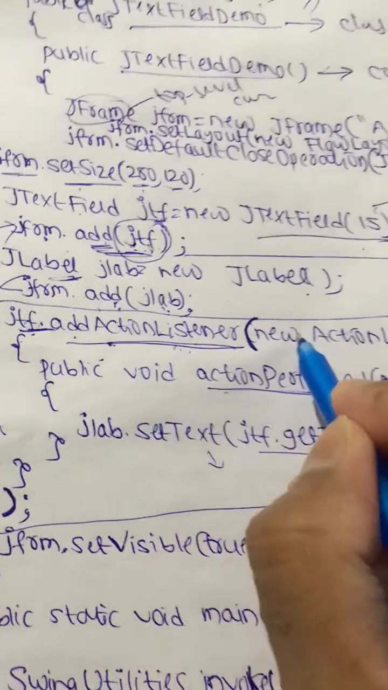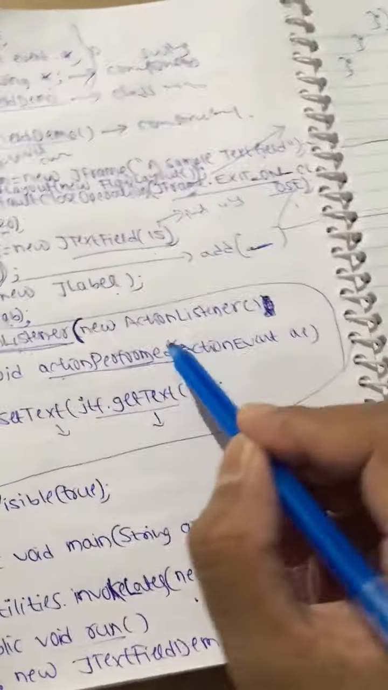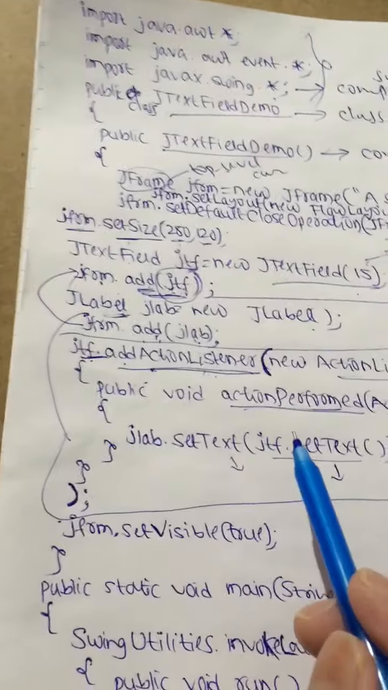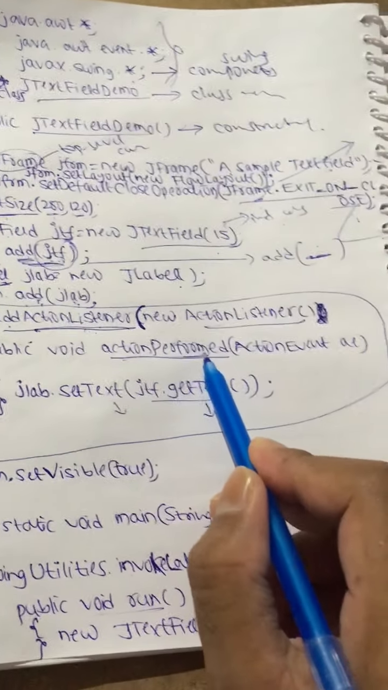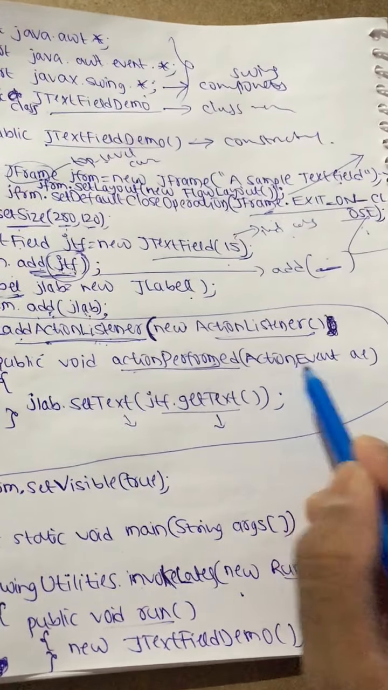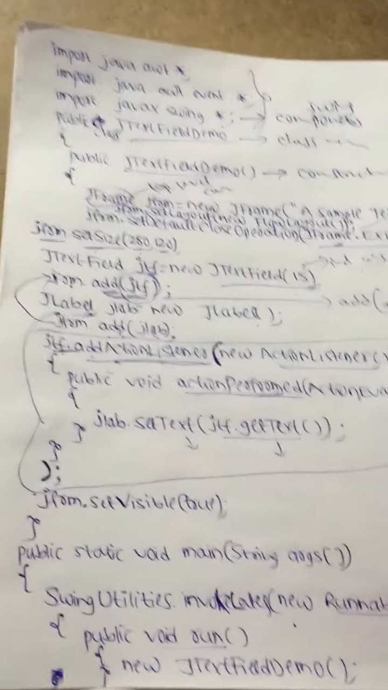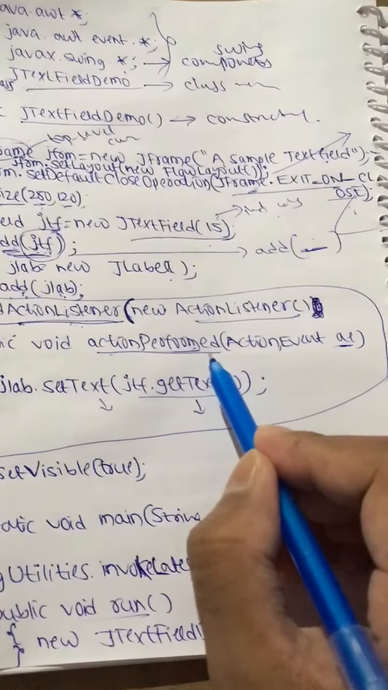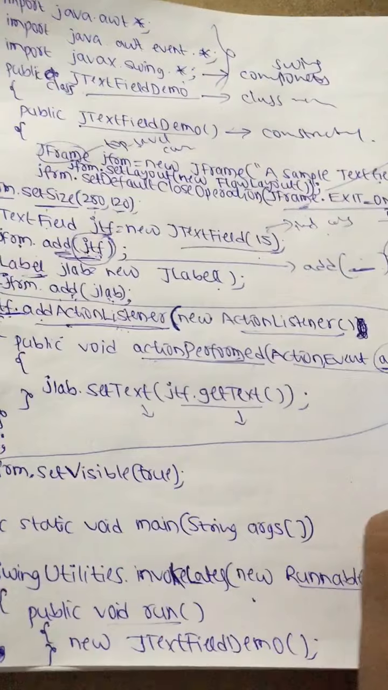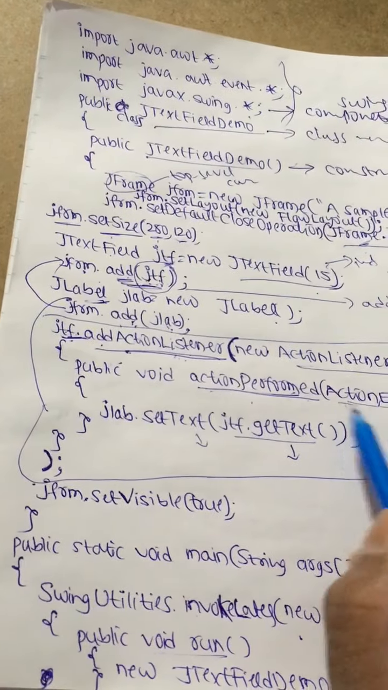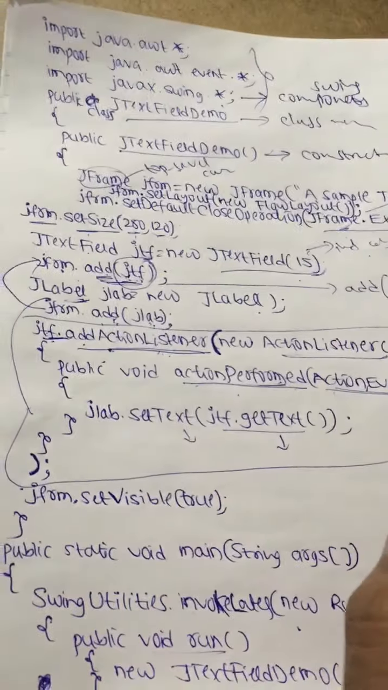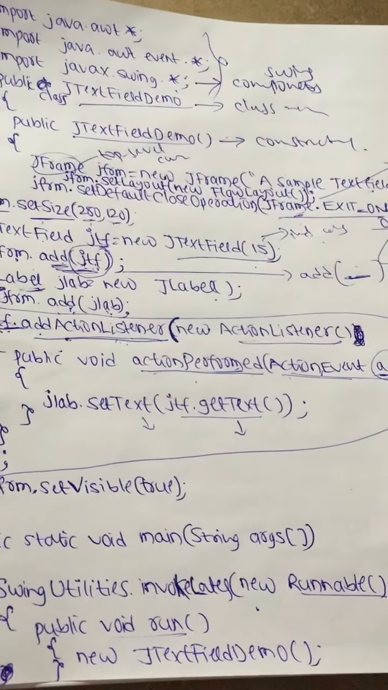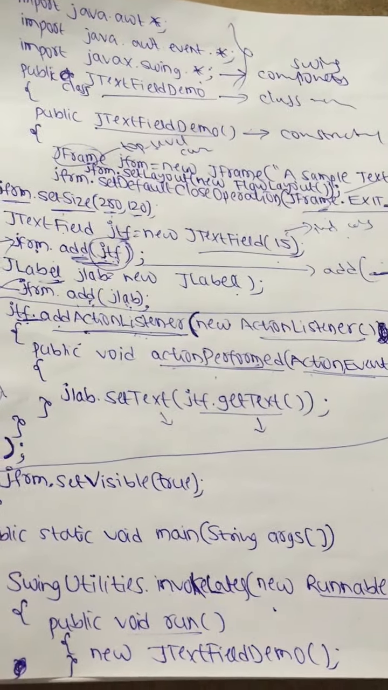jtf.addActionListener. In this we are taking the ActionListener. The ActionListener interface contains the actionPerformed method. It takes an ActionEvent object as a parameter. So the actionPerformed method takes the ActionEvent object ae as a parameter. ActionEvent is a class. In this we are handling the action generated by the text field by using